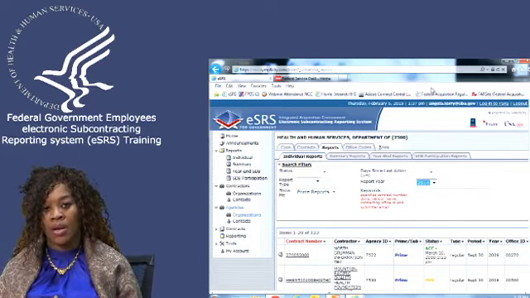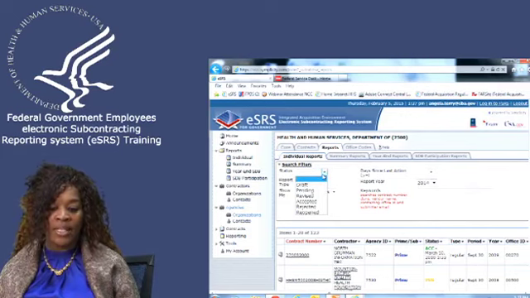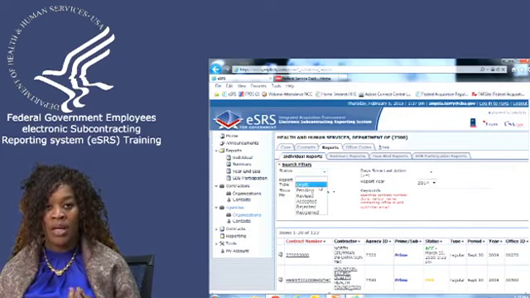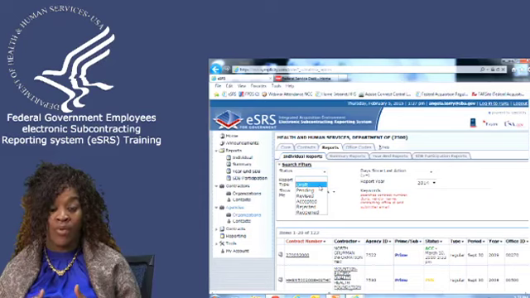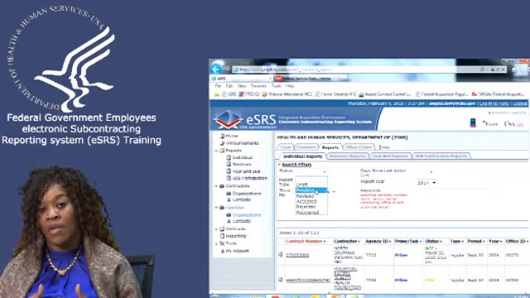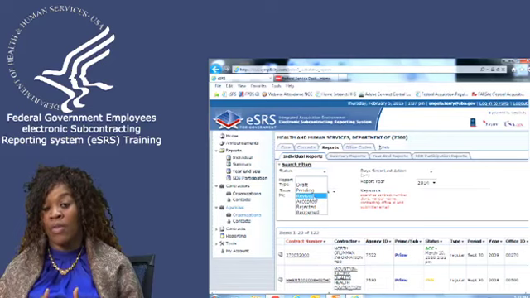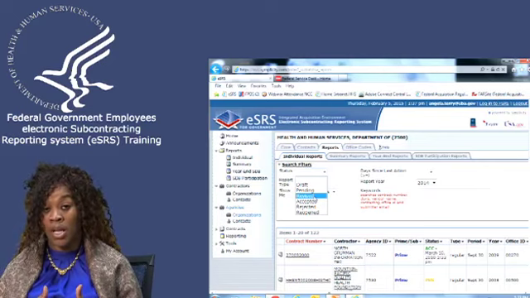Anytime that you're in eSRS, you have specific filters. If you want to look at a specific status of a report, you have draft reports, which are reports that were begun, no one finished, which is on the contractor side. But if you're not a super user of the system, you will never see a draft report. A pending report is a report that the contractor has submitted to the government and is awaiting the government to review it. A revised report is a report that was submitted to the government.